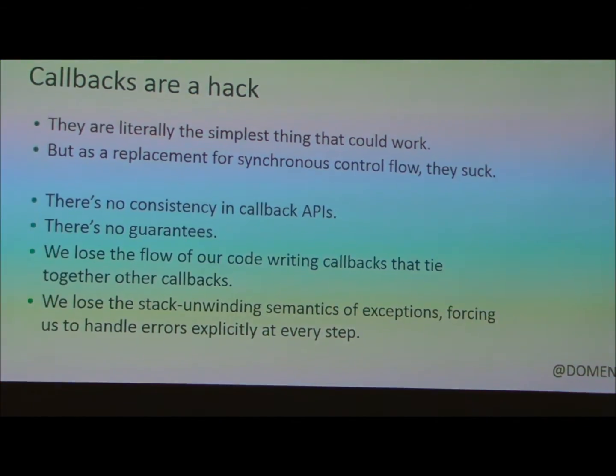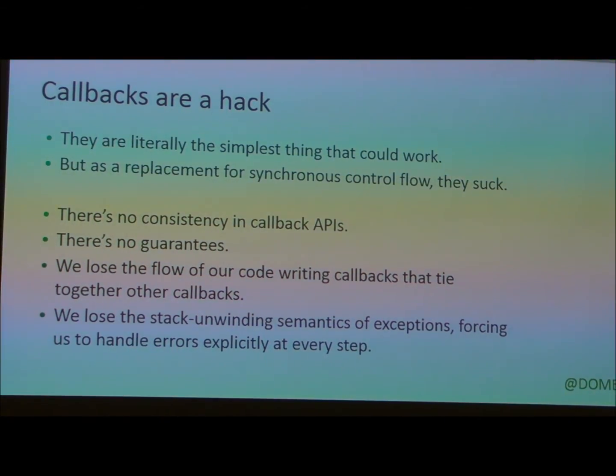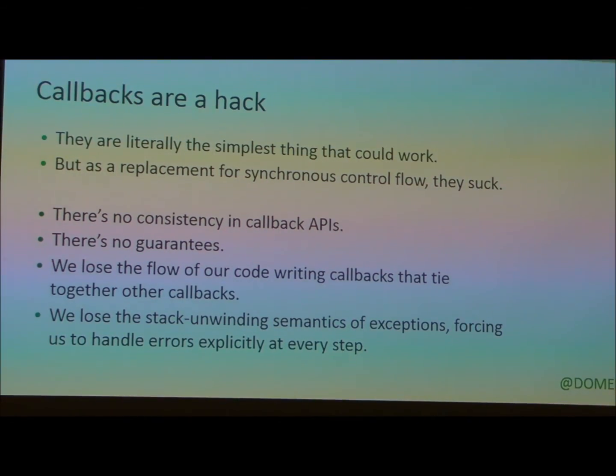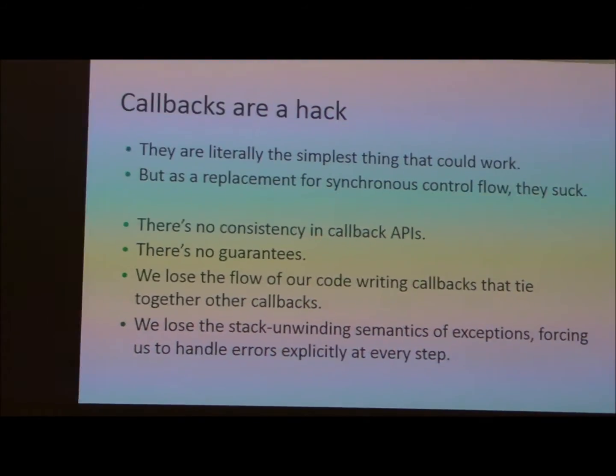And part of the reason is that compared to traditional paradigms for async operations, there's no consistency when you have a callback API. You could accept a single function that takes an error and a value. You could take two functions, a success handler and an error handler. You could take just a success handler and blow up if there's an error and not tell you. There are no guarantees, right? It might have a bug and call you back with an error and a result. Or it might call you back twice.